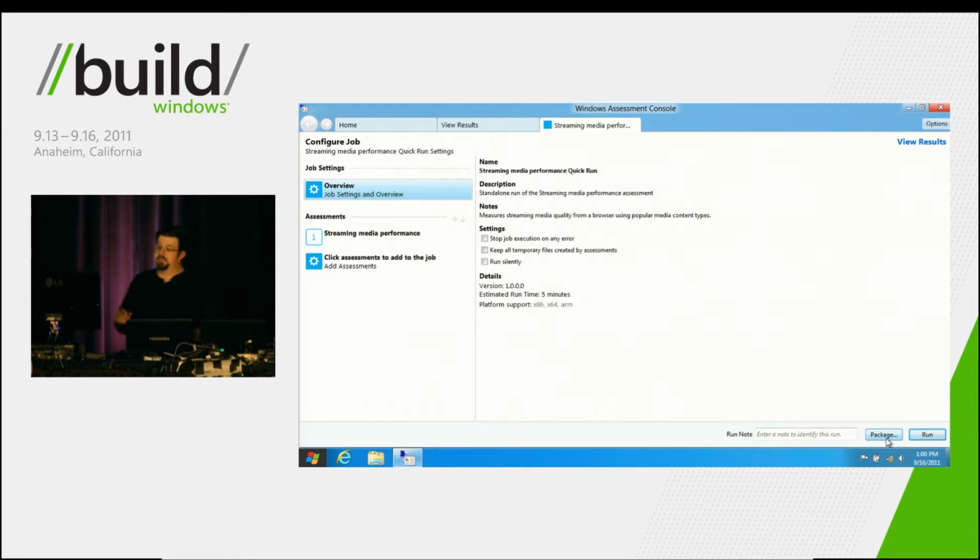But at a base level, there's a button in the lower right-hand corner that says Package. And what Package does is gives me the ability to make my assessment mobile. So I can take it to any PC in my house, in my lab, in my office. I can give it to my friend. And I can move the assessment to that system to be run. And I can take the results back to bring into WPA. So if I click Package,